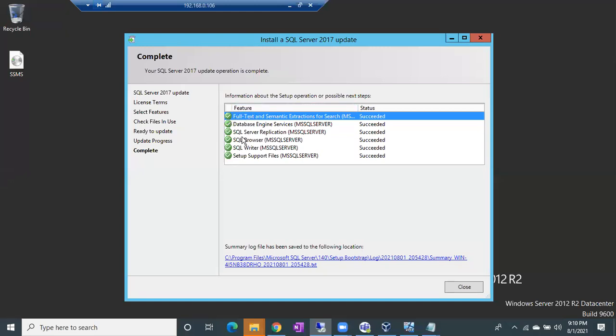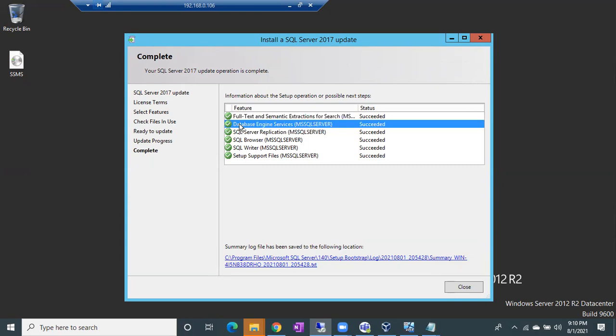Right, so here the components are successfully patched. Mostly you have to check this one, database engine should be succeeded. If database engine is succeeded, then 99% you don't face any issue. Sometimes all components will be succeeded, but database engine will be failed. In such case your patching is failed, the result is failed only, even though all other components are succeeded.